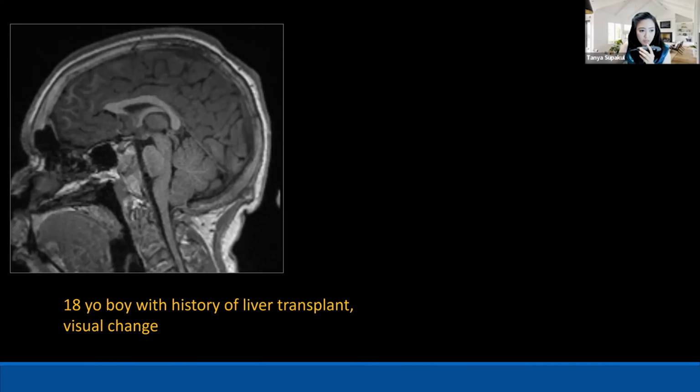So this is a patient that I just got a couple weeks ago, 18 years old, with history of liver transplant, and right now comes with a visual change. So the radiology techs called me for a scan check. The first one I checked was the sagittal T1, drawing the line over there. I don't see any low lying of the cerebellar tonsils, but when I look up at the prepontine cistern, it's maybe a little bit of flattening of the pons, anterior pons, and also decreased CSF space in the suprasellar area.